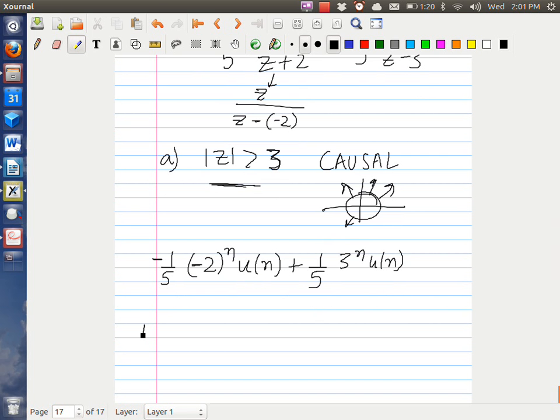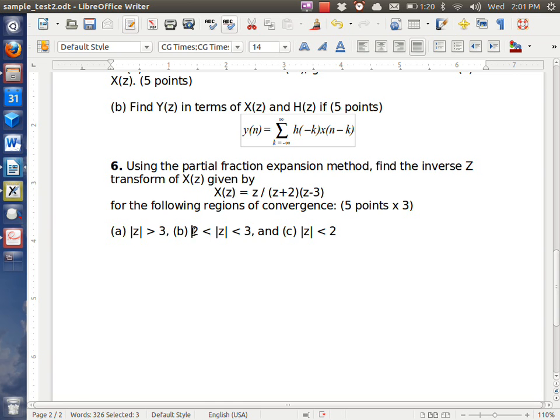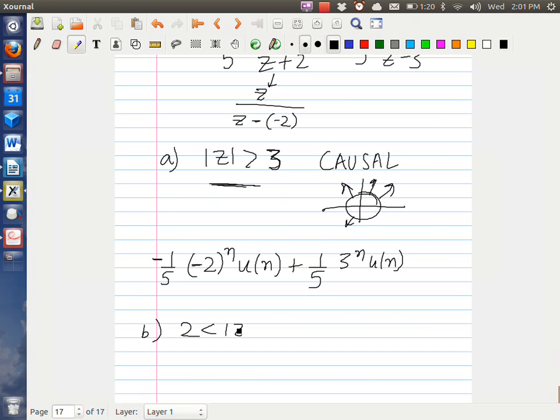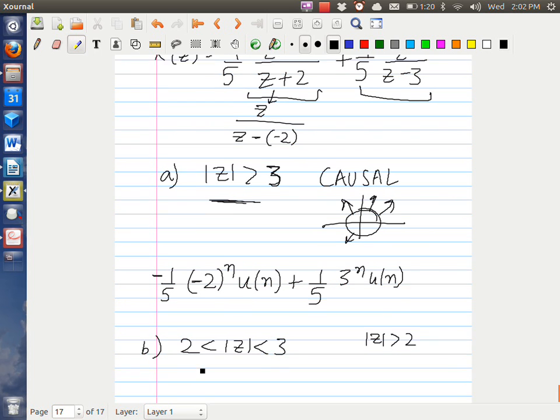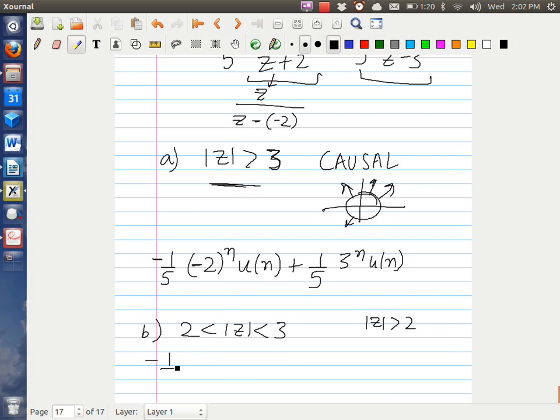If the ROC is greater than 2 but less than 3, so you have two different ROCs, one for this term and another one for this term, and this one here is causal. It's like outside of a circle. So for this term you continue to write the causal version, which is going to be negative 2 to the n u of n. But for this other term, the ROC is like inside of a circle, so